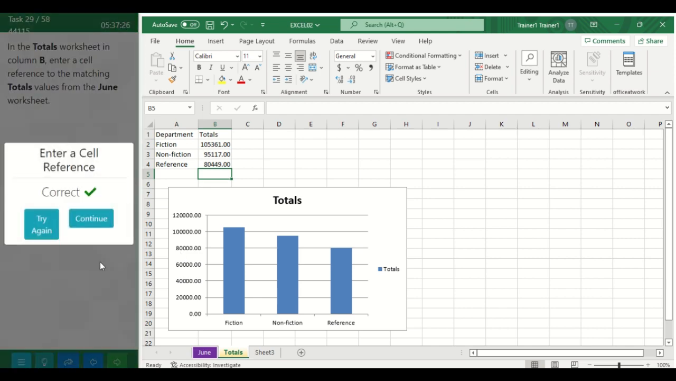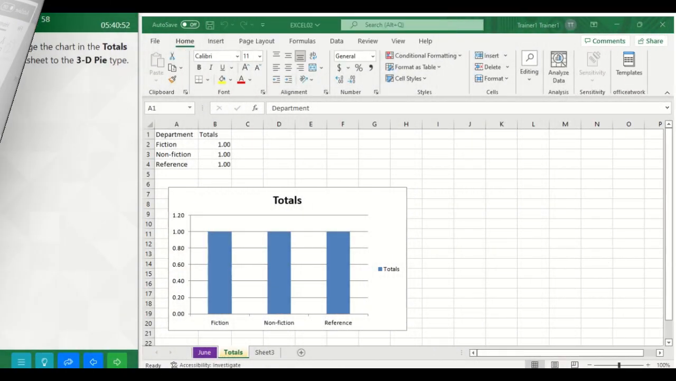Correct. Task 30. Change the chart in the totals worksheet to the 3D pie type. So to do this, select the totals worksheet, then select the